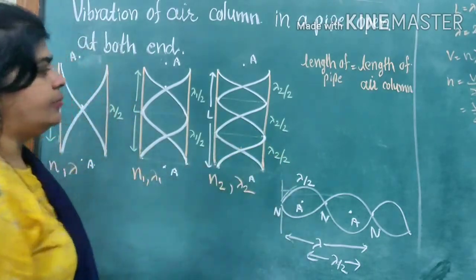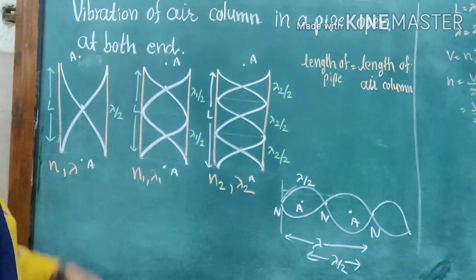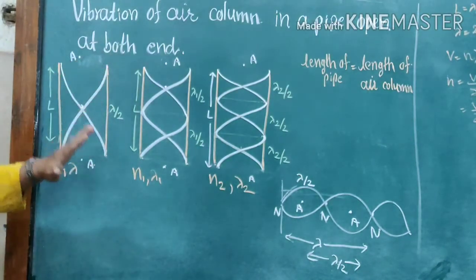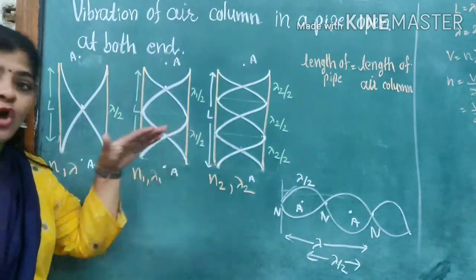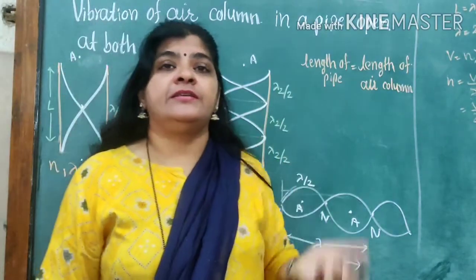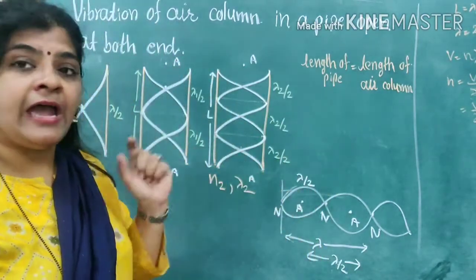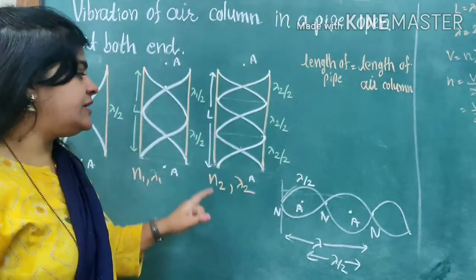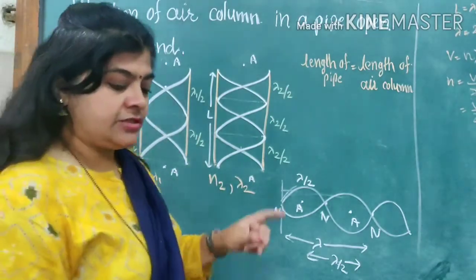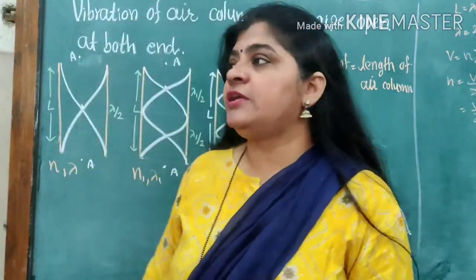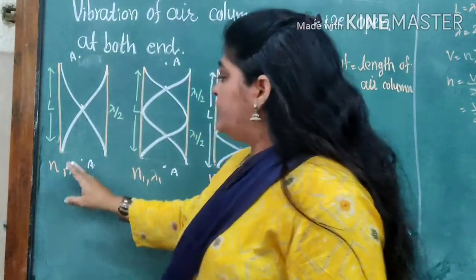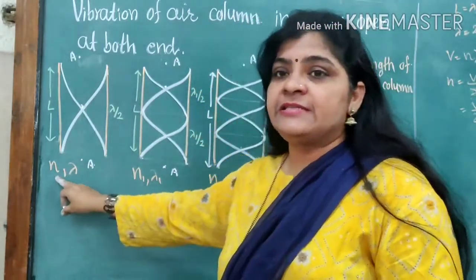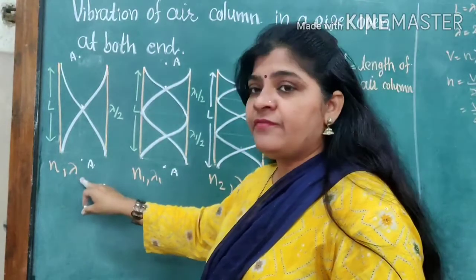Like that, the diagram will be complete. The same pipe is used but the vibrations are different. Because of this vibration, it has a different frequency and wavelength, but the velocity remains constant. The velocity of sound remains constant in air. Now for this first case, we consider the frequency as n and lambda as the wavelength.